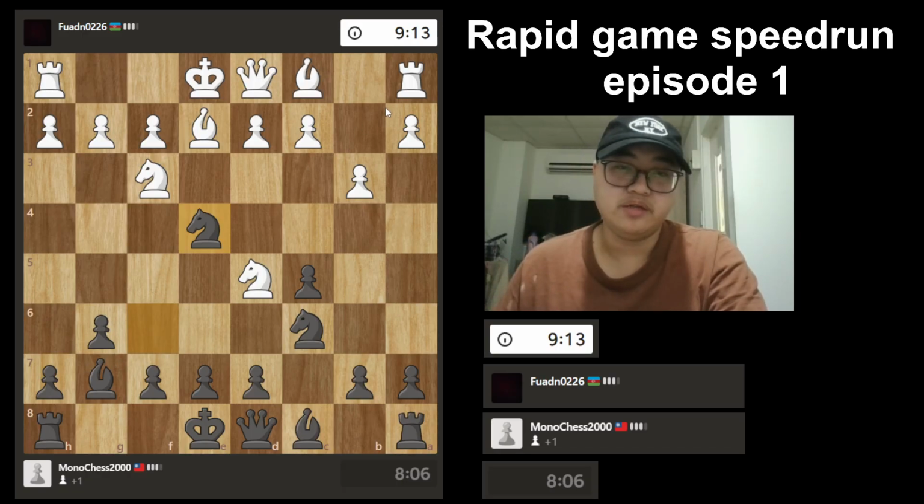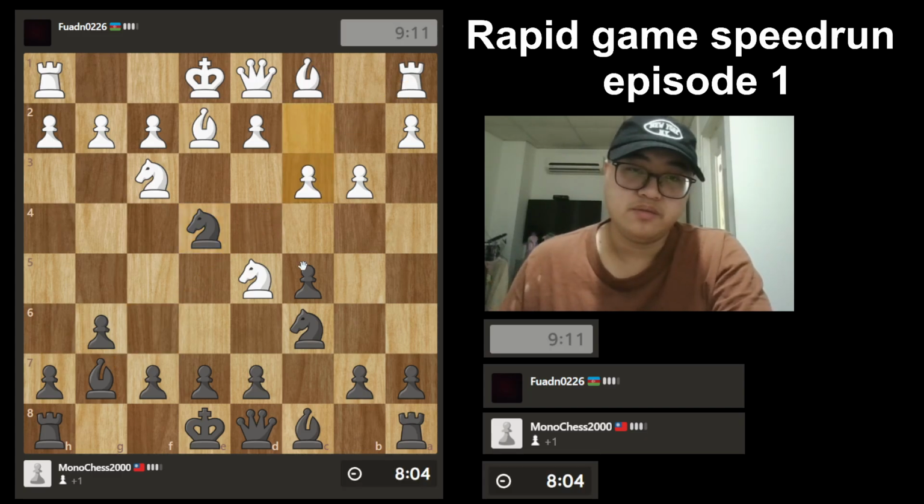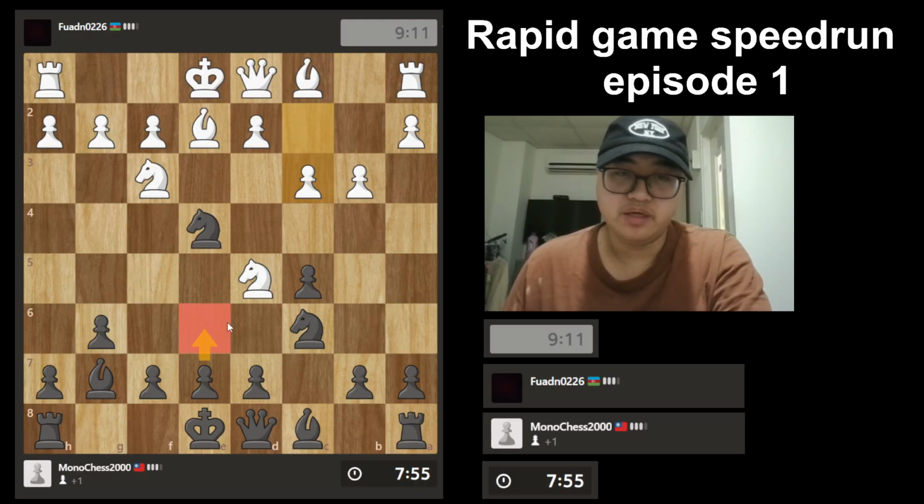And we're threatening to take on a1. So we blocked our bishop. This is a very, very passive move. So maybe we can play here, the knight to go to here. But this move will block our bishop. So maybe we